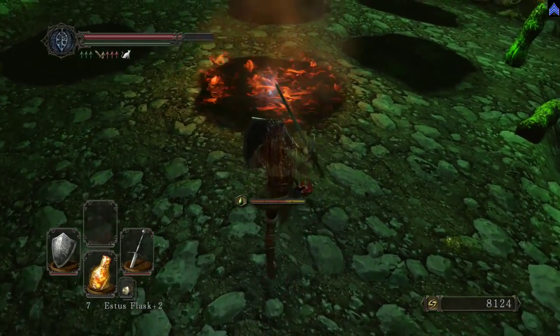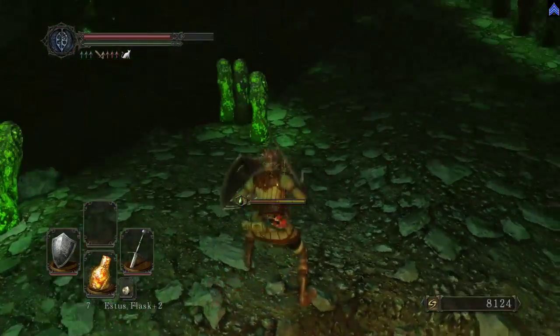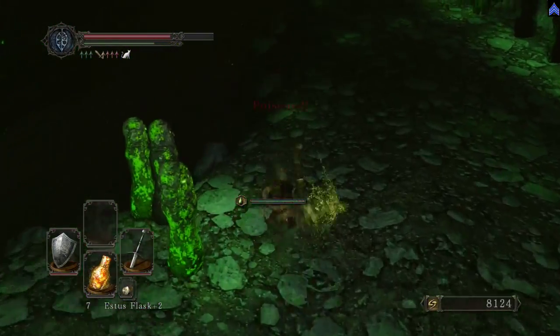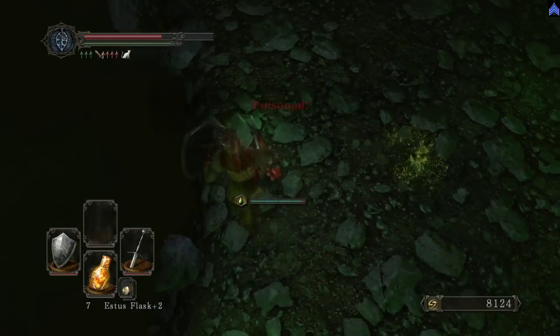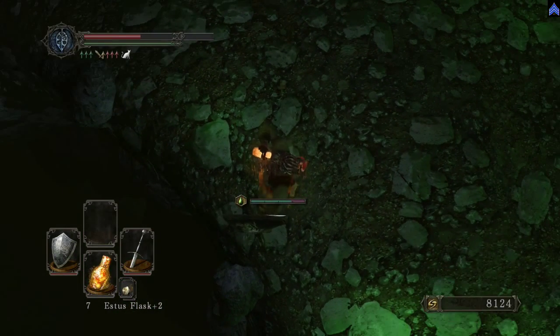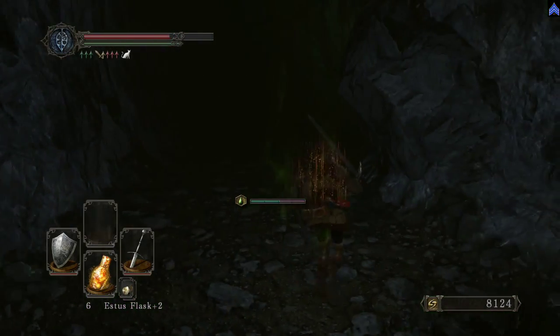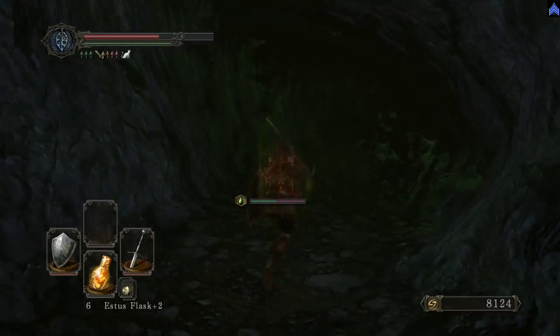Alright, that's on fire, so it's going to hurt us a little, but we got a large titanite shard, and those are kind of helpful. Alright, I'm poisoned here. I'm still getting my ass kicked here. But you see there's a little ledge down there, so we're going to jump down here to that ledge. And up here